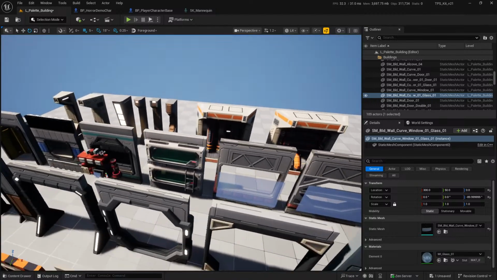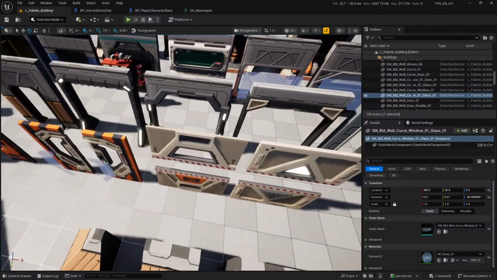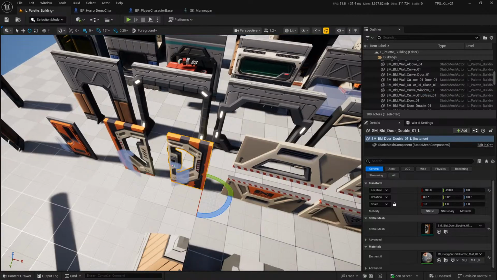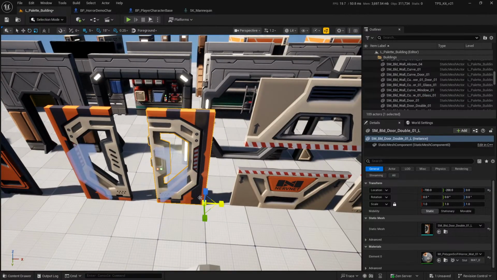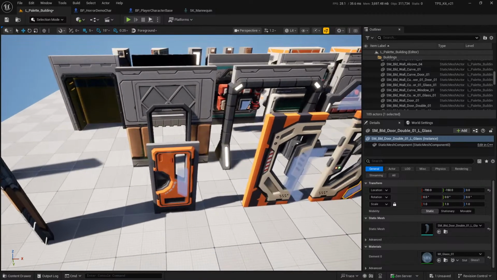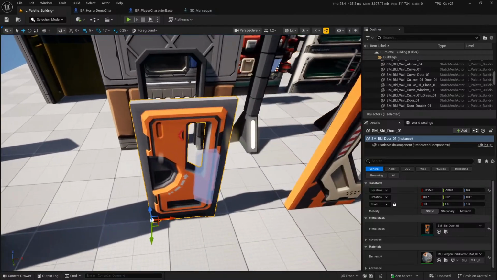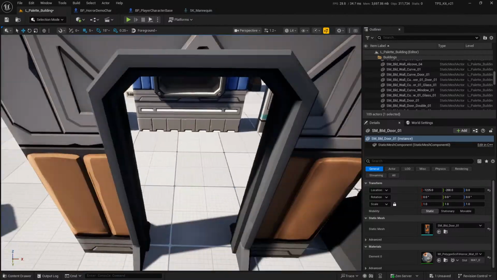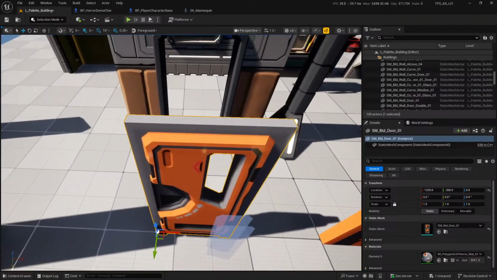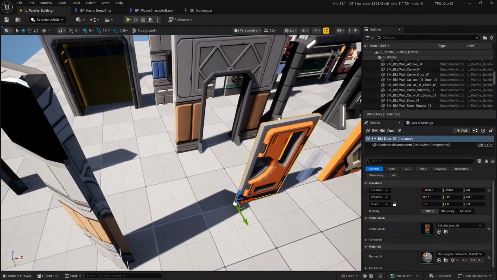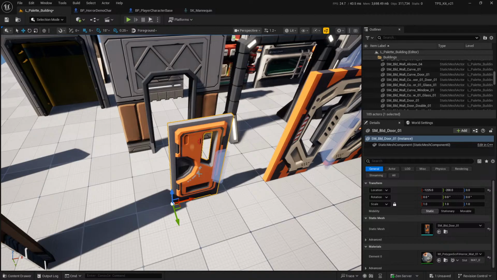Some of these took a little bit of extra working out because we've got doors that have their pivots on the side, and then glass that has its pivot in the same place. But obviously trying to match those up with the edges, you might just have a little bit of extra work to do. This one didn't feel like that was going to be the side that it would open from. I'm not sure. I might be changing the pivot on this one, to be honest, because I would imagine